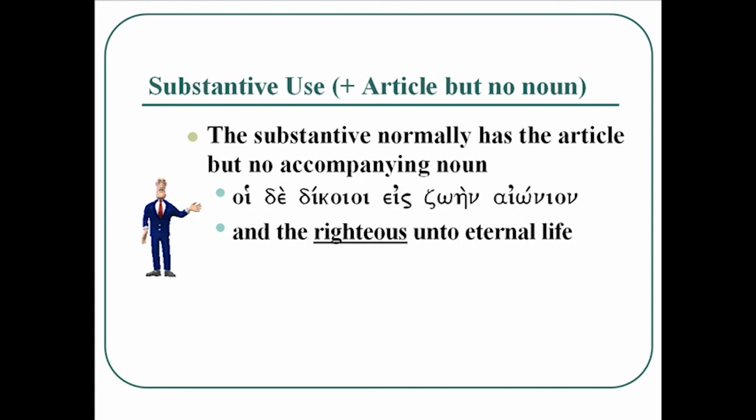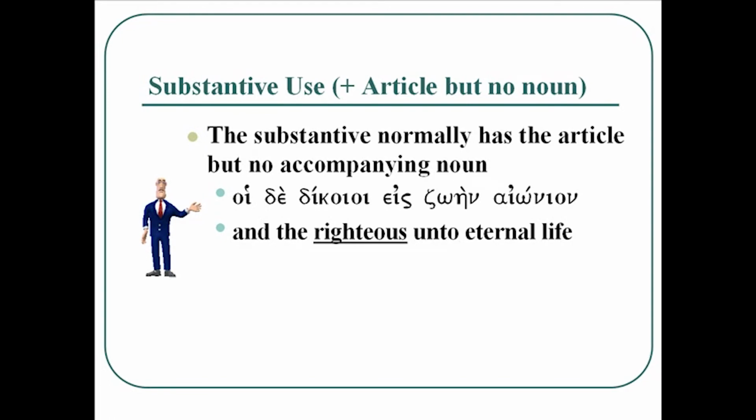You see that the righteous, dikaioi, adjective, actually fills the slot of a noun. Because there is no noun, the adjective takes over that role. So the righteous unto eternal life. It's really the righteous people, but it just says righteous, and then it acts as a